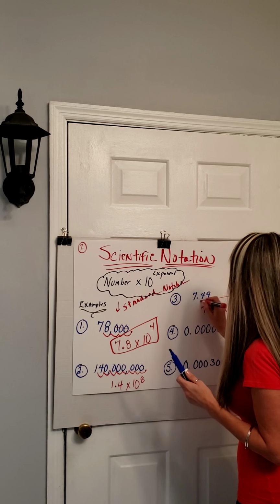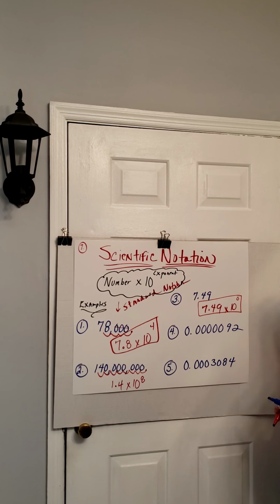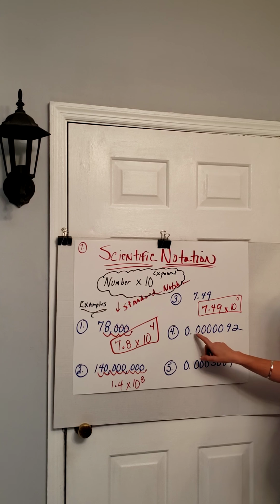All right. Now, say you were taking a physics or a chemistry or biology class. You would have big numbers, but you'd also have really small numbers, like